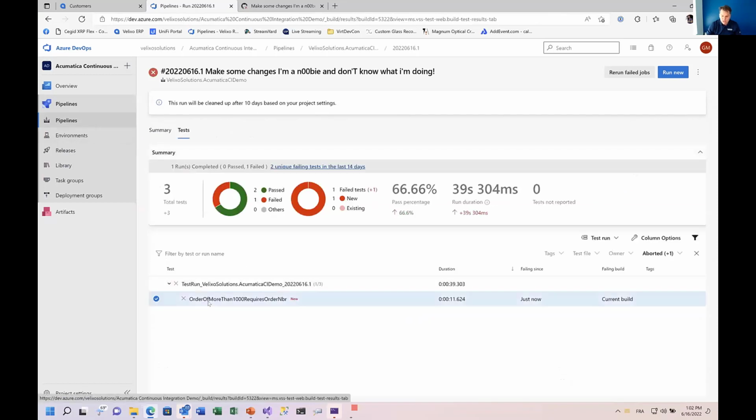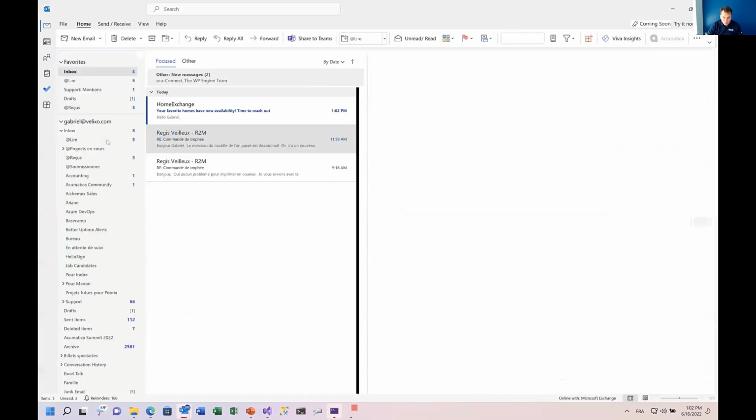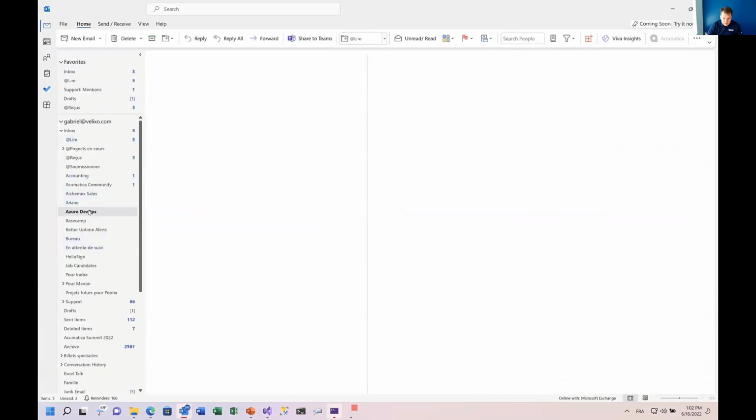You can also do that in a more friendly way by looking at the test tab here. It will show you which test failed. You can click on it, and it tells you that the assertion failed. Okay, we did not receive an error message, even though we were expecting one. So you would see all the tests that failed in this window. And also, if you go to your email,